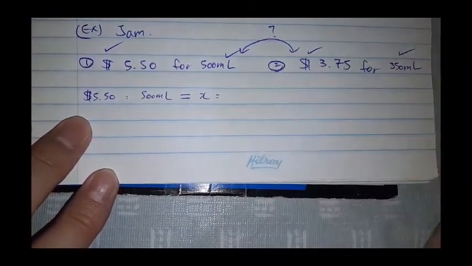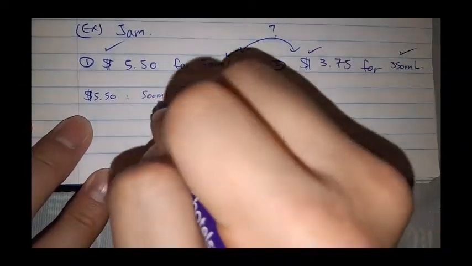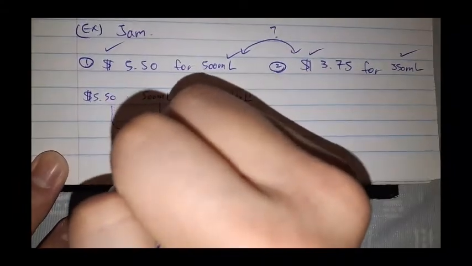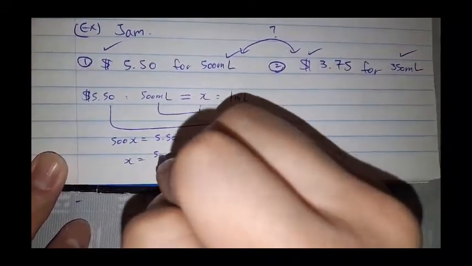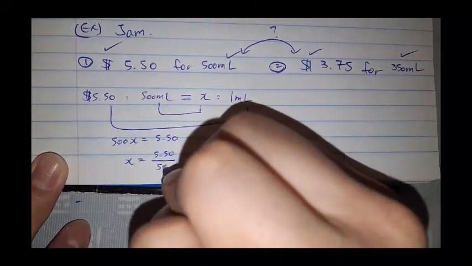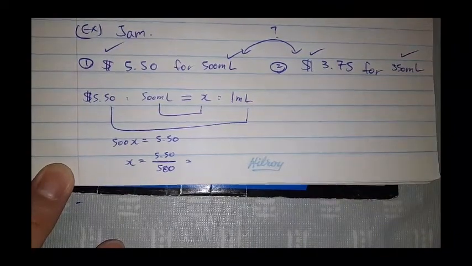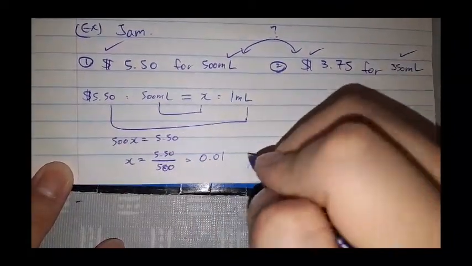We don't know the cost per milliliter. Then whatever you multiply on the inside is equal to the outside: 500x is equal to 5.50. x is equal to 5.50 divided by 500. On the calculator, 5.50 divided by 500 gives me $0.011